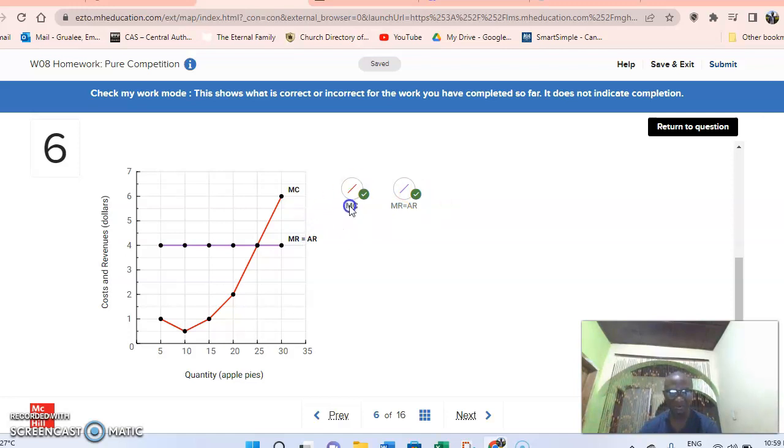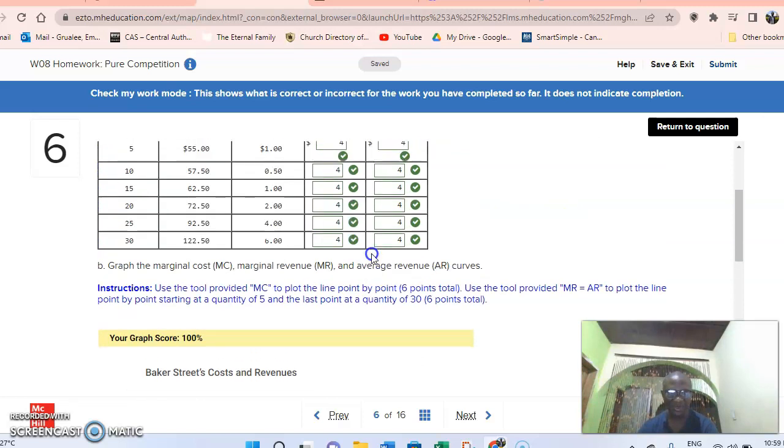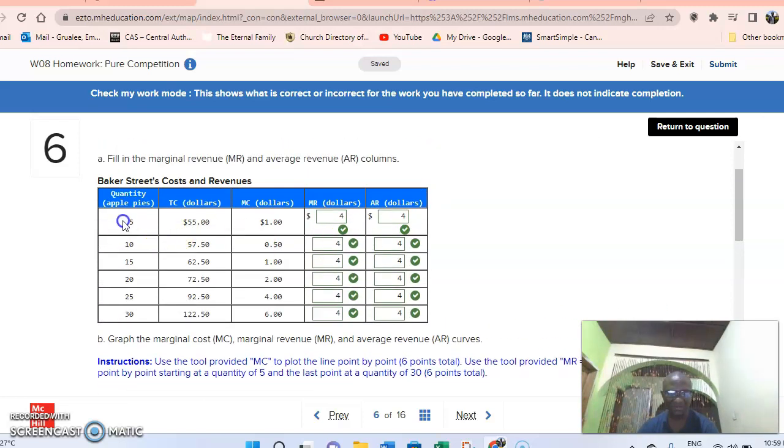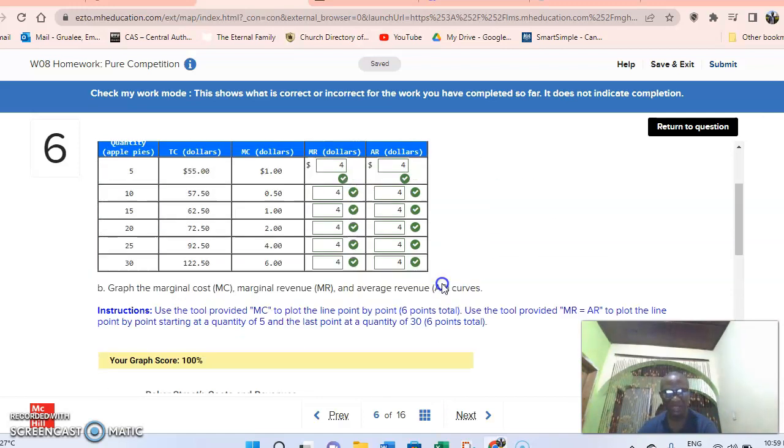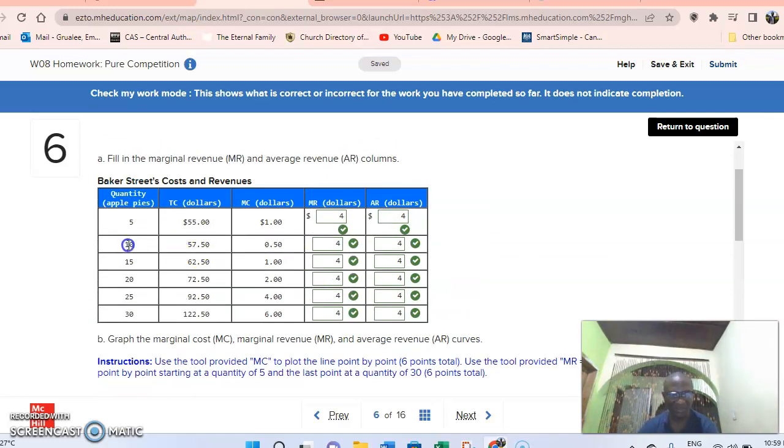So you do your marginal cost first, which is 5, 4, 10, 4, 10, 4. After you have done the marginal revenue, which is my average revenue, then you take the marginal cost curve, take the value, look at the value here. Value says 5 to $1. So you look at it. Take 5 to $1, check right here. Then you come down and say $10 quantity